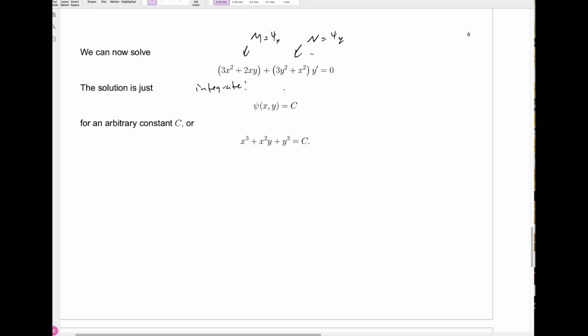And the integral of the left side is exactly C of x, y. Here you have C sub x, and here you have C sub y, y prime, which is C sub y dy/dx. And of course, now there's an arbitrary constant on both sides. When you integrate, we'll put those on the right, and you get C(x,y) equals a constant c. Putting in what we computed above, we get x cubed plus x squared y plus y cubed equals c. Again, this is the general,